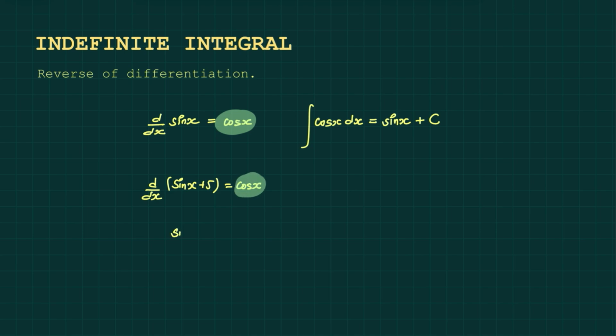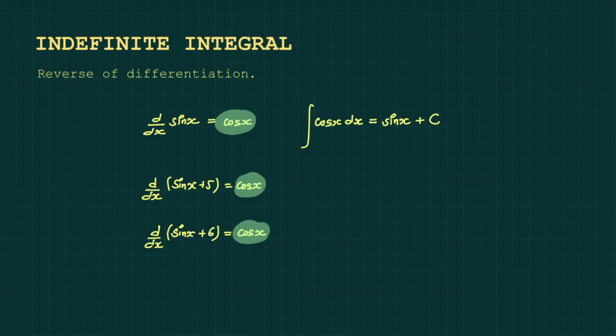One more time, if I consider a function sin x plus 6, and if I differentiate this function with respect to x, then again this time also I'll get cos of x. That means integration of cos x could be sin x, integration of cos x could be sin x plus 5, the integration of cos x could be sin x plus 6. That's why integration of cos x in general we will write sin x plus c, and this c is called